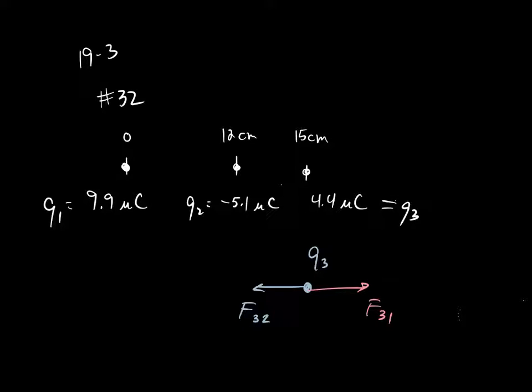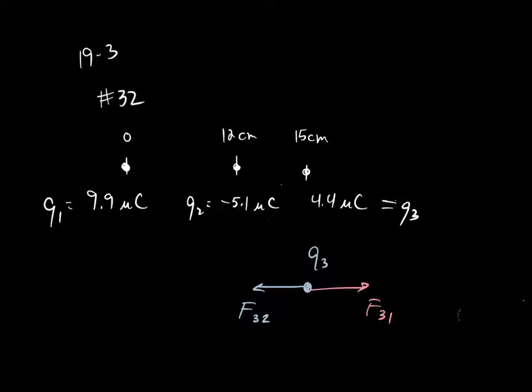On the left side, so if Q2 was positive, would the order of the subscript matter? If Q2 were positive, it would still be F32, but the arrow would be drawn to the right. So if this were positive, positive would repel. So this arrow would just be drawn this way, and there would be 2 arrows drawn to the right, and